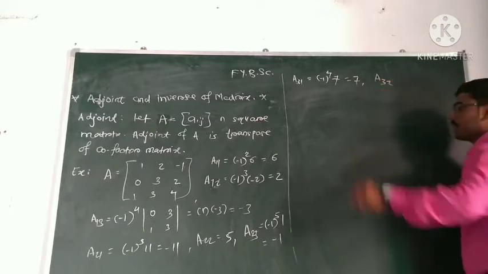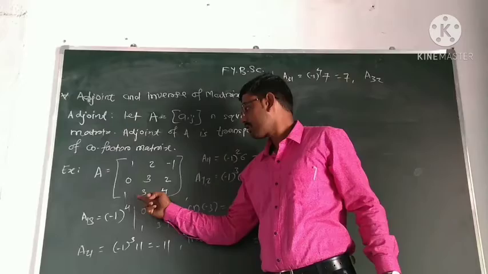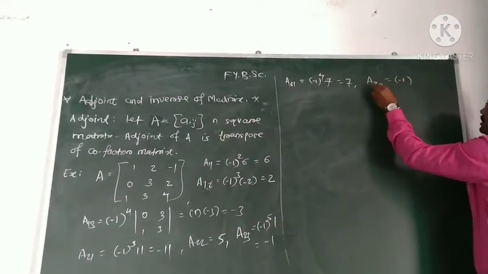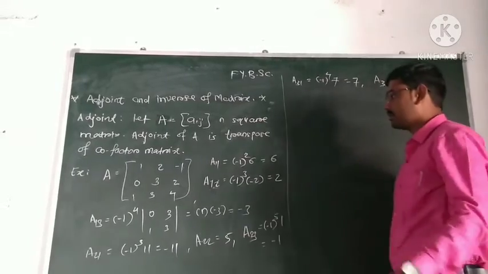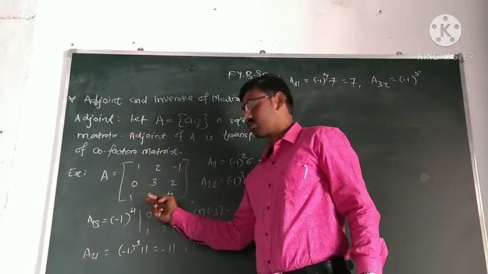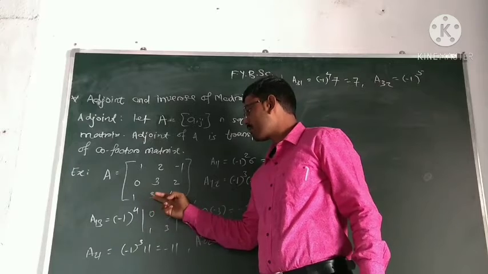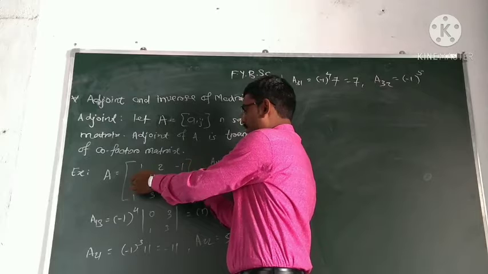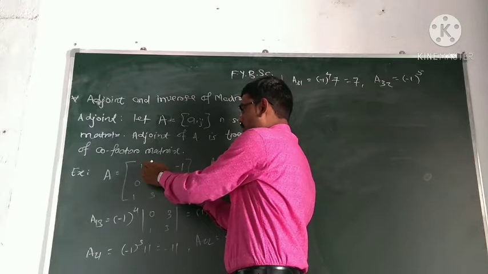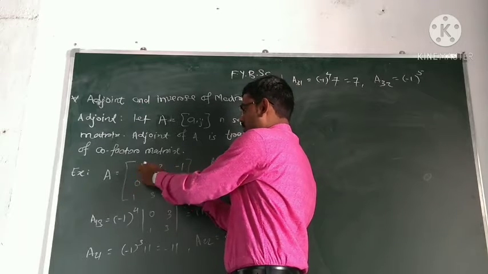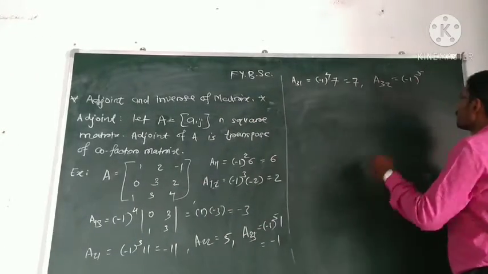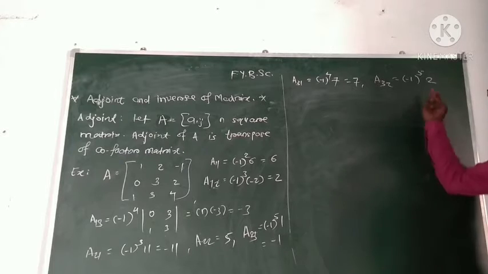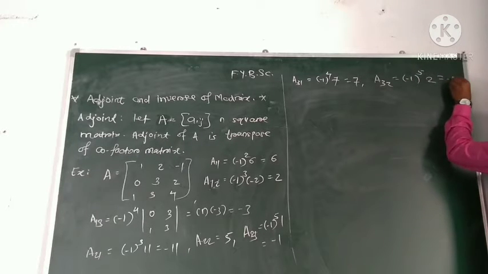Then cofactor of this element is obtained by minus 1 raised to power 3 plus 2 is 5. Okay. So cofactor of this. So we have to find minor of this element. Minor of this is equal to determinant of 1 0 minus 1 2. So 2 into 1 is 2. And this 0 into minus 1 is 0. So plus 2 into minus 1. Minus 1 to the power 5 is minus 1. So 2 into minus 1 is equal to minus 2.